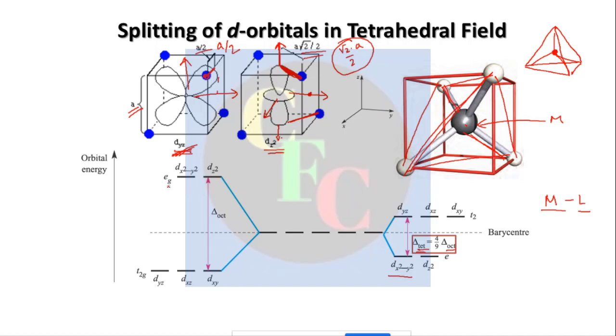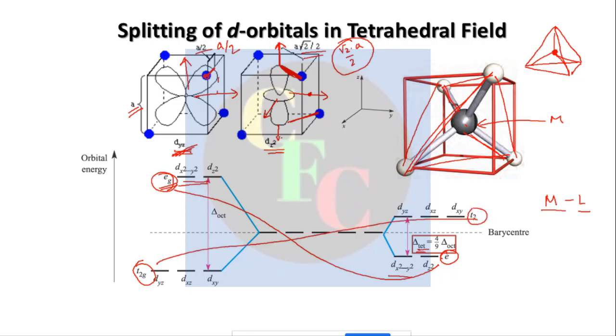Now you can see the difference. It was termed the Eg set, these two, whereas this is now termed only E. The g is gone here. Similarly, it was T2g. Now that g is gone here, this is only T2. There is no g here, because there is no center of inversion here. In an octahedral, there is a center of inversion, that's why it was called gerade. Whereas in a tetrahedral field, there is no center of inversion, right?